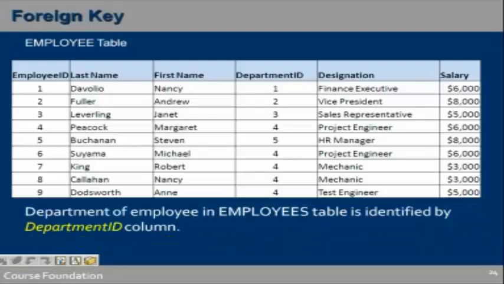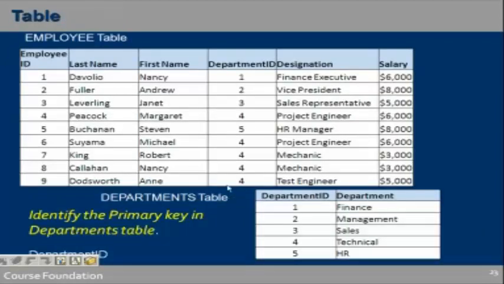Can I assign her to the department as 6? Can I write the department ID as 6? I will write the last name of Madhuri, first name Madhuri here, and employee ID I will assign as 10. Can I give the department ID as 6? Why not? Why should I not give it? It is just merely a number, right? Why not give it as 6? Very good. Because it does not exist. I cannot assign Madhuri to any department which does not exist. So I can make a general rule over here. The rule is: if there is no primary key value